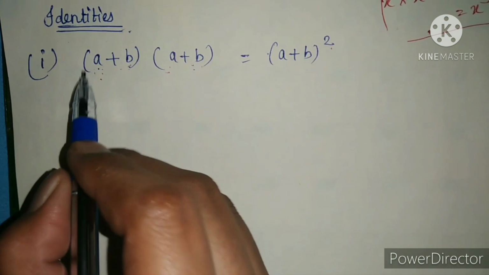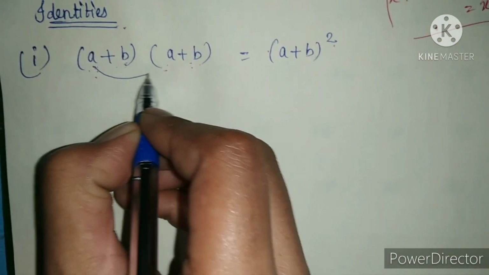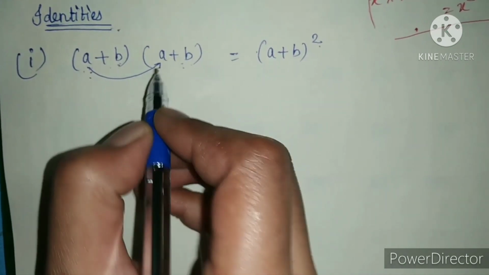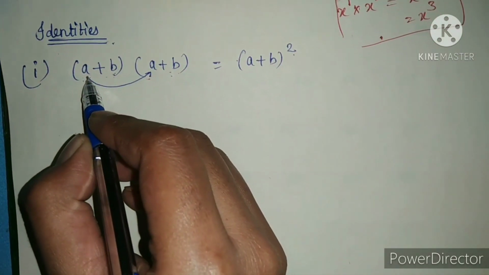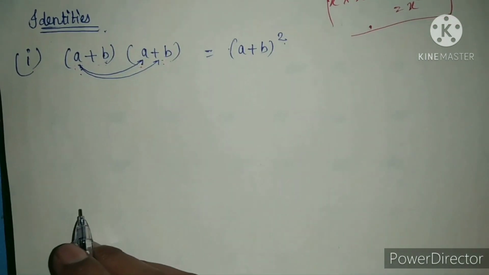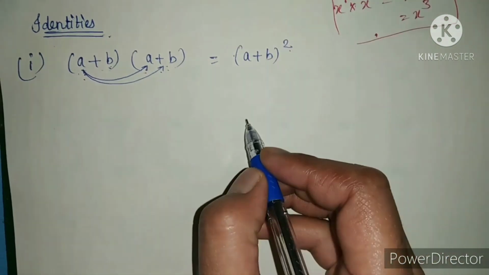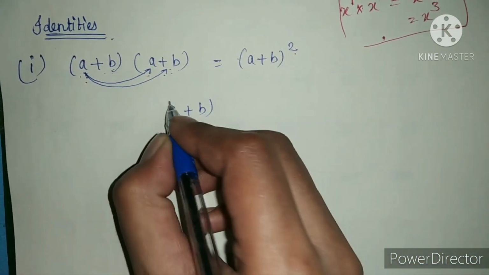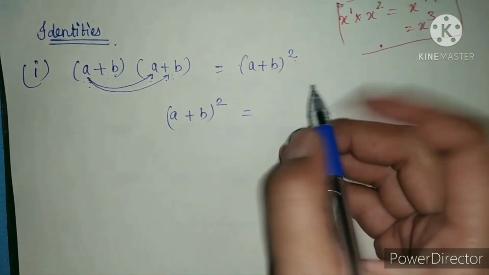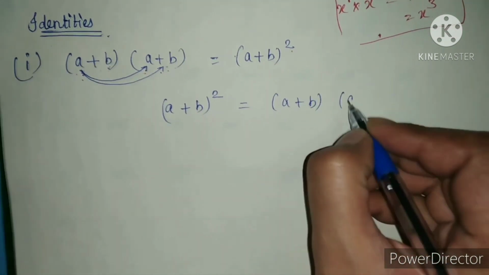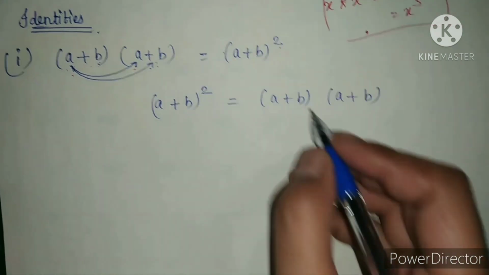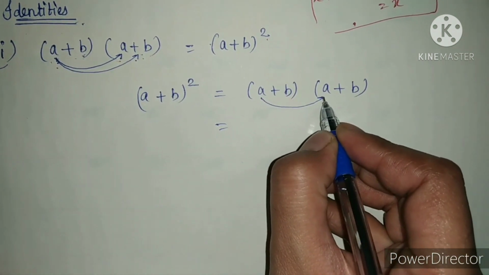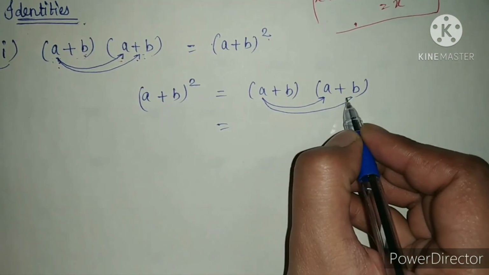Now, when we are multiplying, what will happen when we are multiplying a into a, or a into b, that we have seen in binomial multiplying by binomial. We will see here we have (a plus b) whole square. It means (a plus b) multiplying by (a plus b). Now we see in binomial multiplying by binomial, it means a will firstly go near to a and after that it will go near to b.